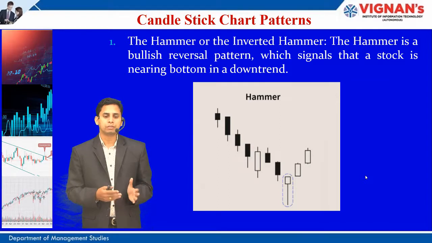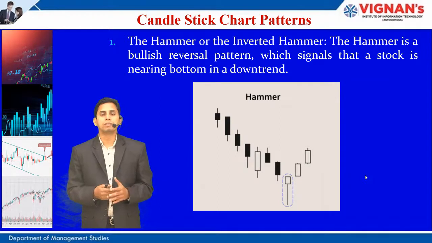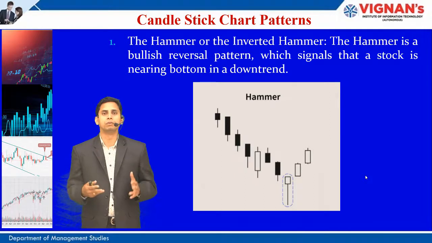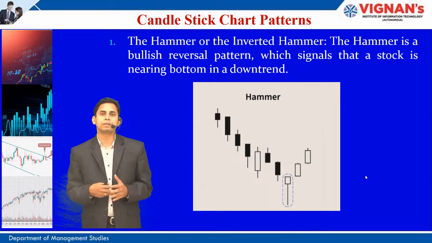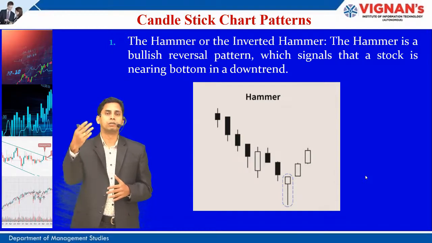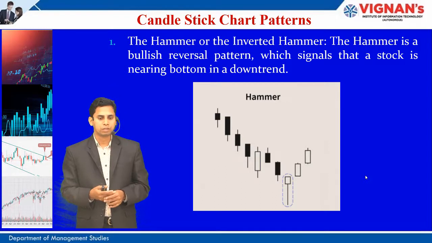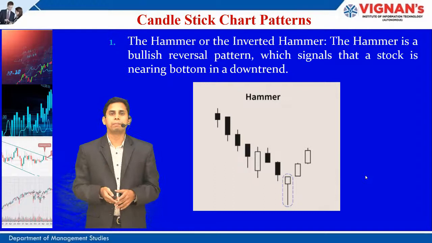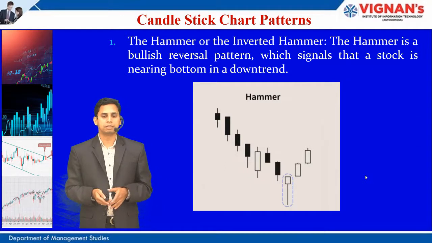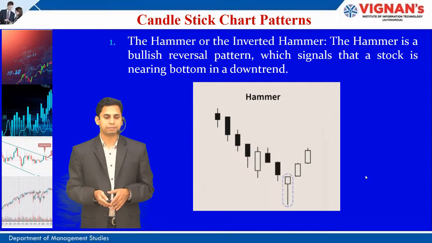So when you look at the hammer, traders may take a decision or have a view that the markets will go in a bullish direction. Evidently, you will see the next two candles are bullish candles. This kind of pattern is known as a candlestick chart pattern, the hammer.